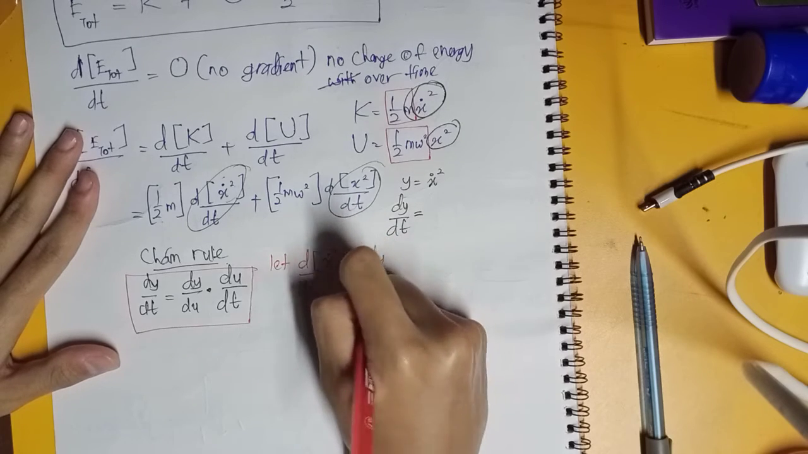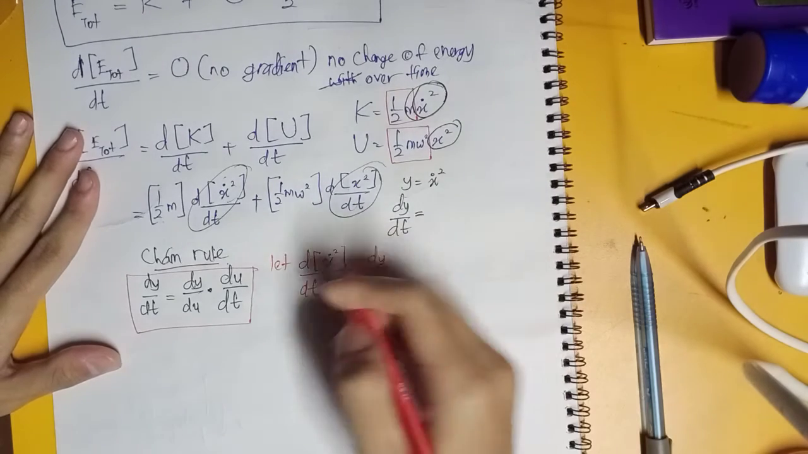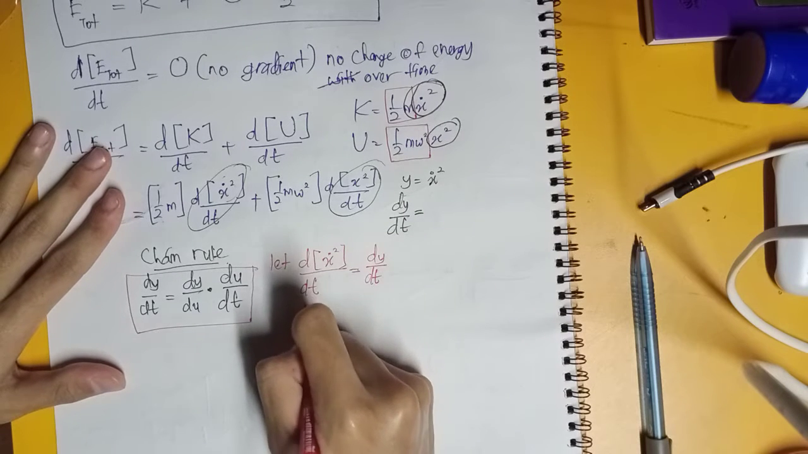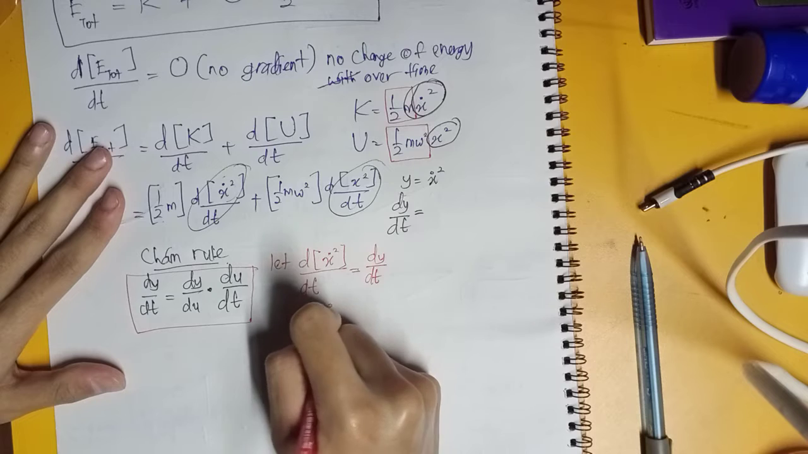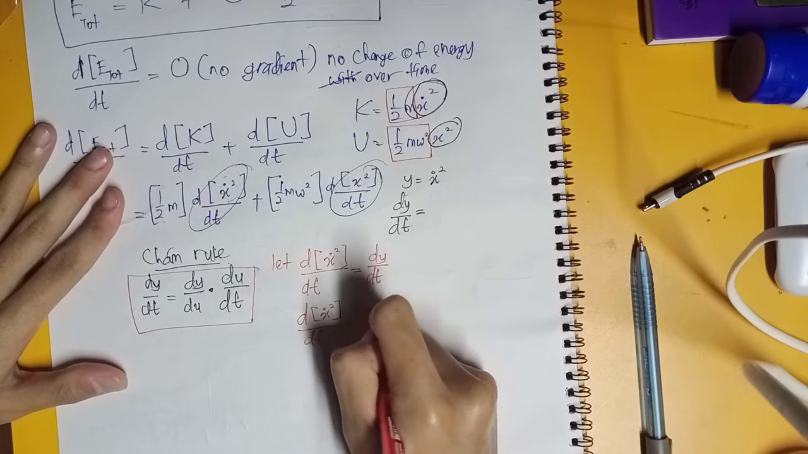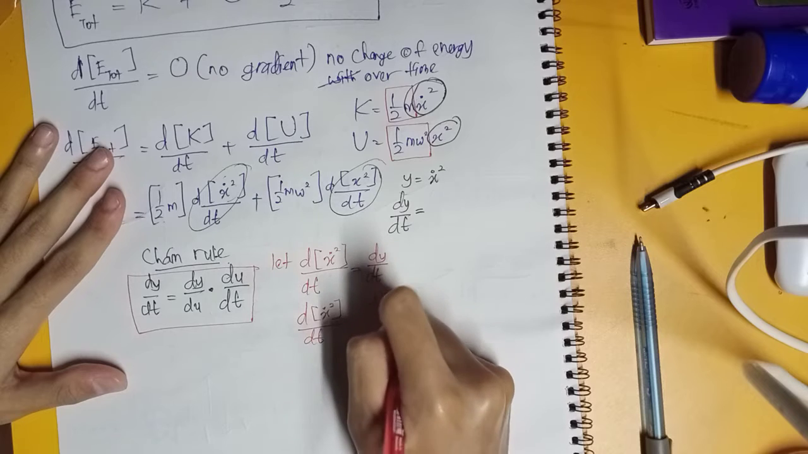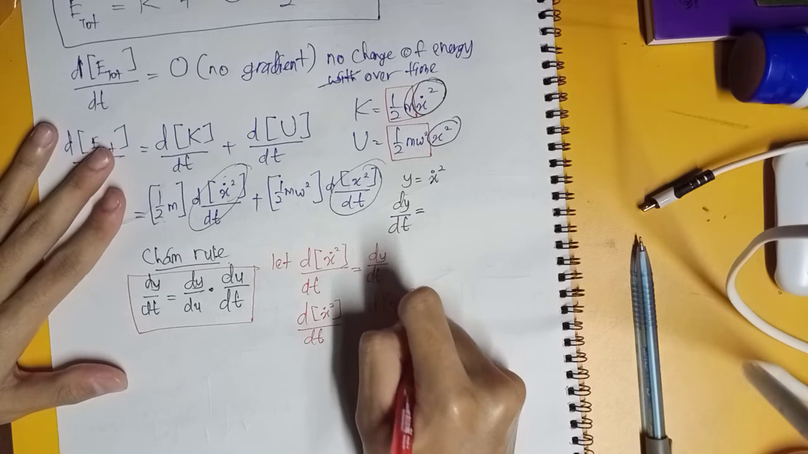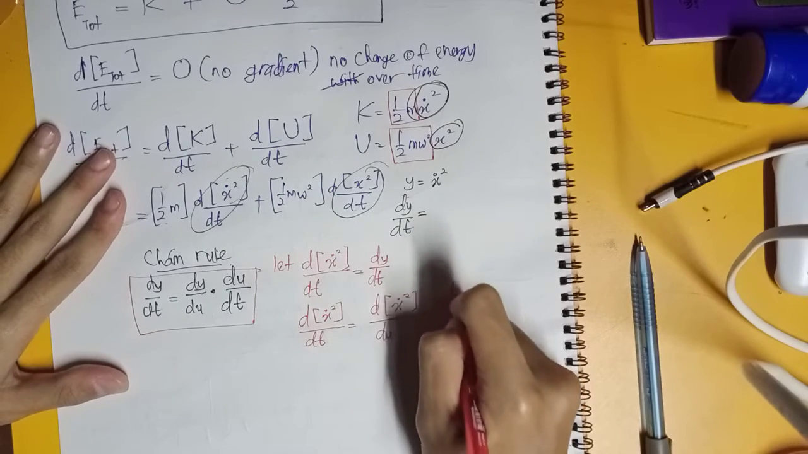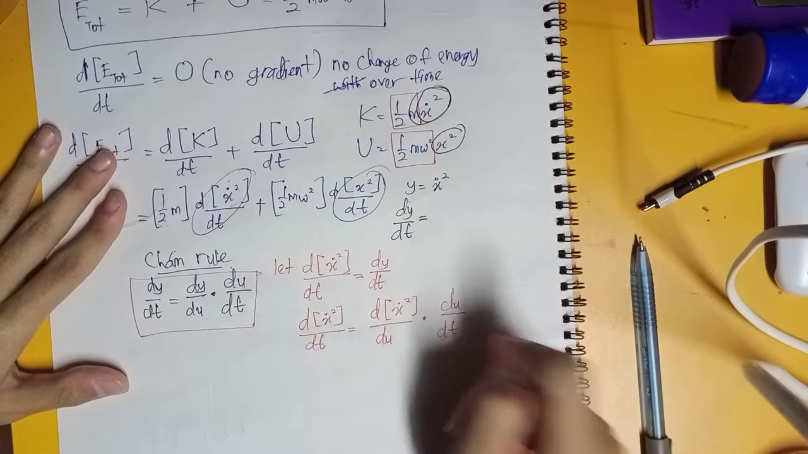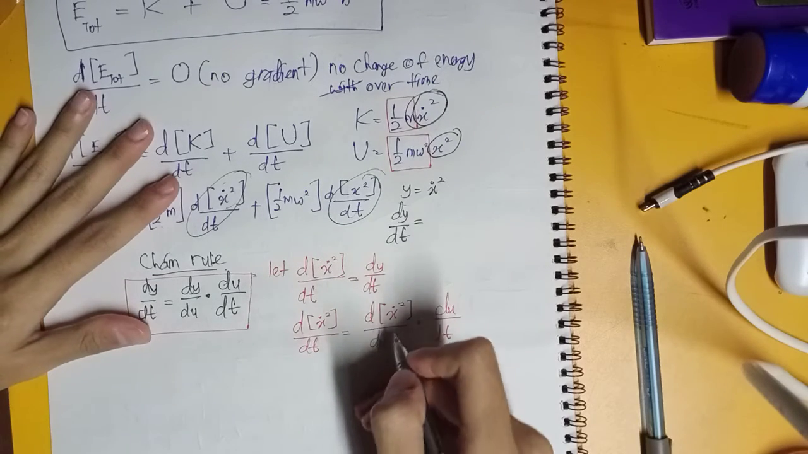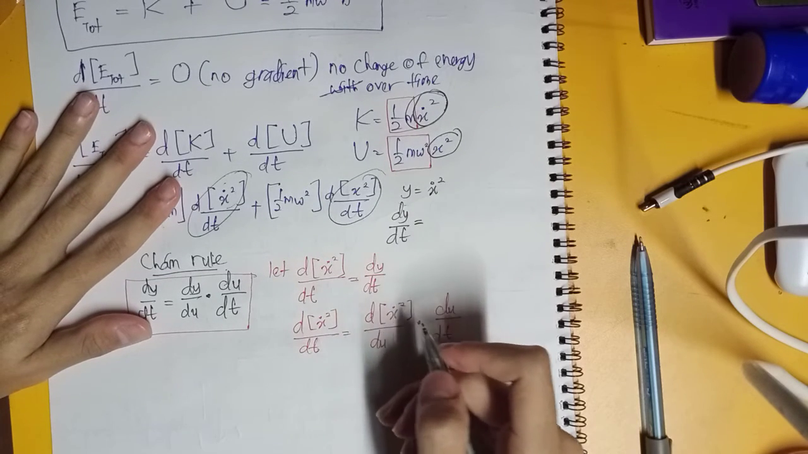dy over dt. Okay, right here. So that means d(x dot squared) over dt is equal to d(x dot squared) over du times du over dt. Okay, so to differentiate this with respect to u, which means that